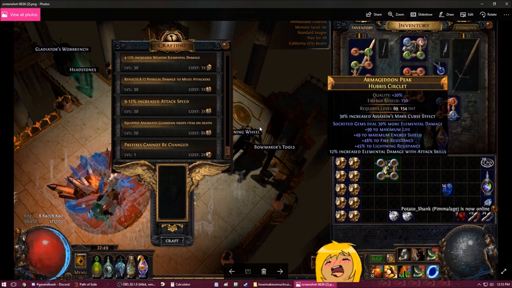This is the finished metacraft of Armageddon Peak. I believe this YouTube video is on my channel. If you ever see me metacrafting an item or I talk about an item that I've metacrafted, if you look up the name of the item on YouTube, you will most likely find the metacraft video. If you look up Crafting Armageddon Peak Hooper Circle, you will find this entire video, but this is the finished